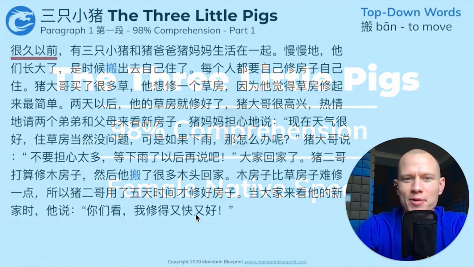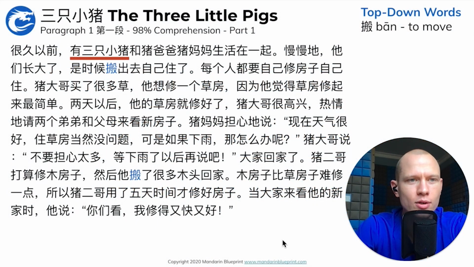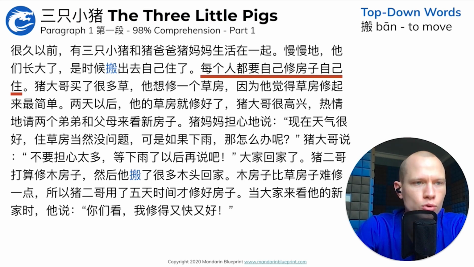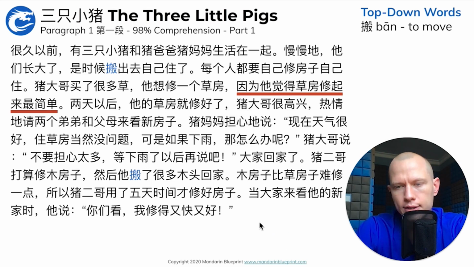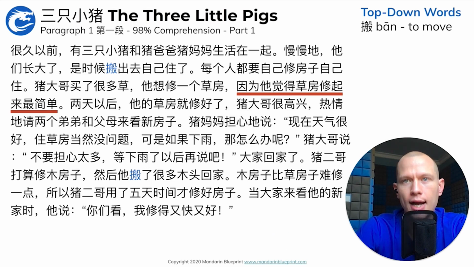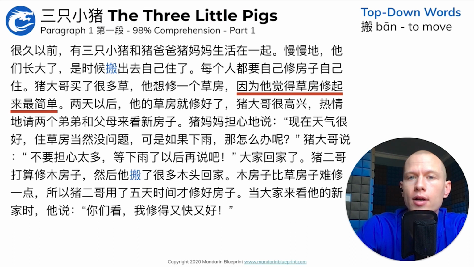Sorry, I'm confusing myself. 很久以前，有3只小猪和猪爸爸、猪妈妈生活在一起。慢慢的，他们长大了，是时候搬出去自己住了。每个人都要自己修房子，自己住。猪大哥买了很多草，他想修一个草房，因为他觉得草房修起来最简单。 So the cool thing about this, because you're reading and speaking at the same time,